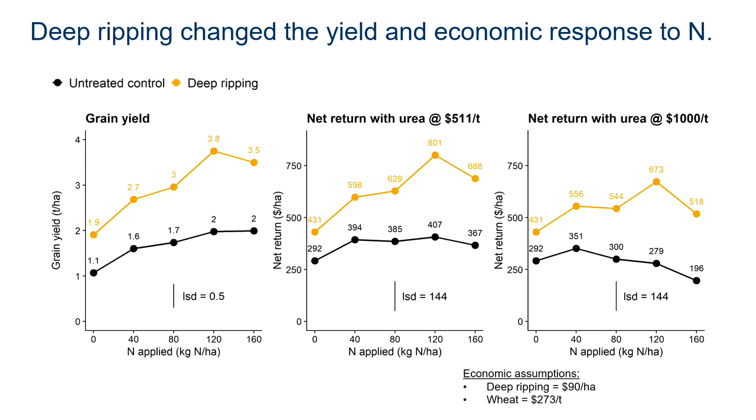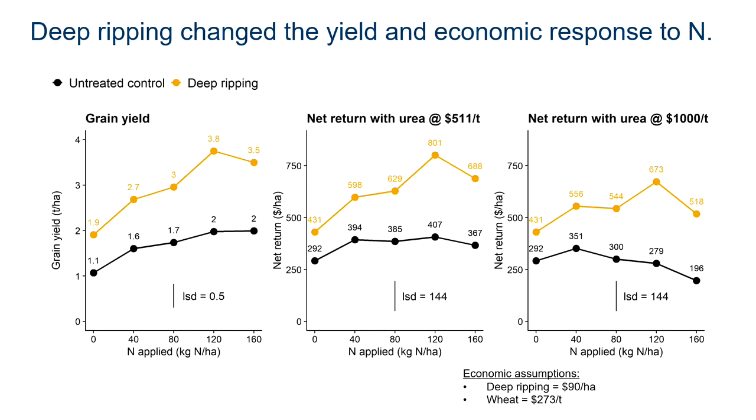This slide summarises the responses that we have so far. We were testing for an interaction and we found it. The interaction here is that deep ripping has changed the yield and economic response to applied N. If you start with the figure on the left-hand side, the black line is the untreated control, the brown is the deep ripping, and the interaction here is that the difference between those two lines gets bigger as the